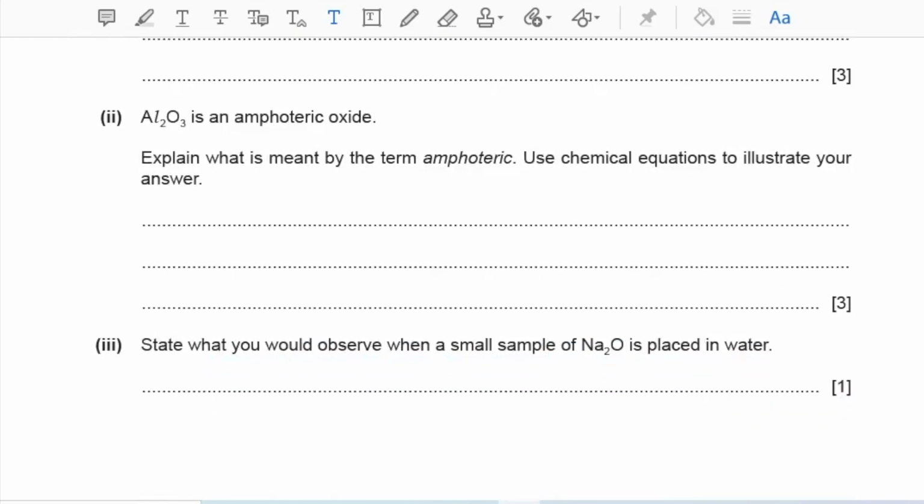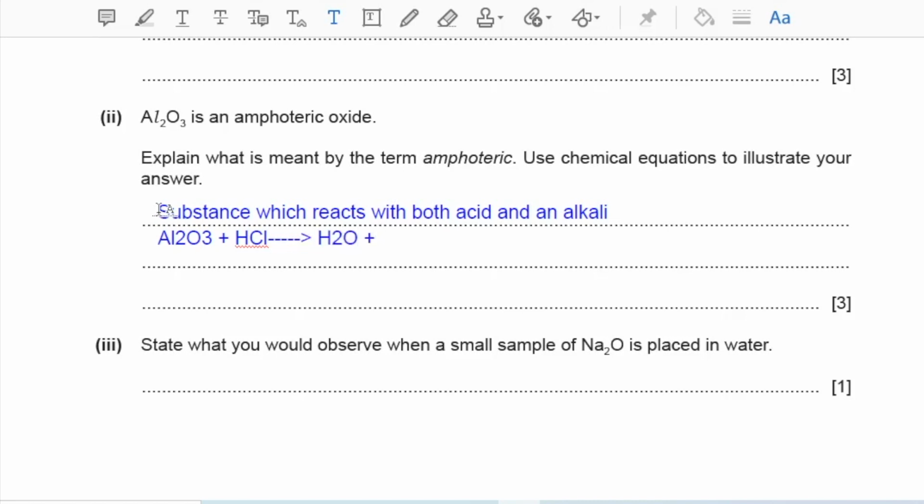Part 2. Aluminium oxide is an amphoteric oxide. Explain what is meant by the term amphoteric. Use chemical equations to illustrate your answer. So, an amphoteric oxide is a substance which reacts with both an acid and an alkali. Now, aluminium oxide acting as a base, reacting with HCl will give out water plus aluminium chloride,